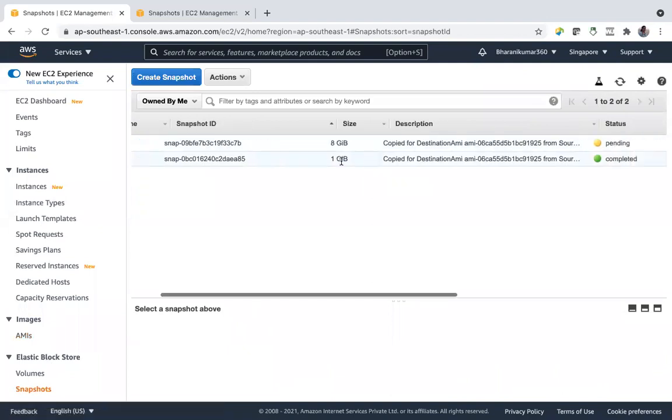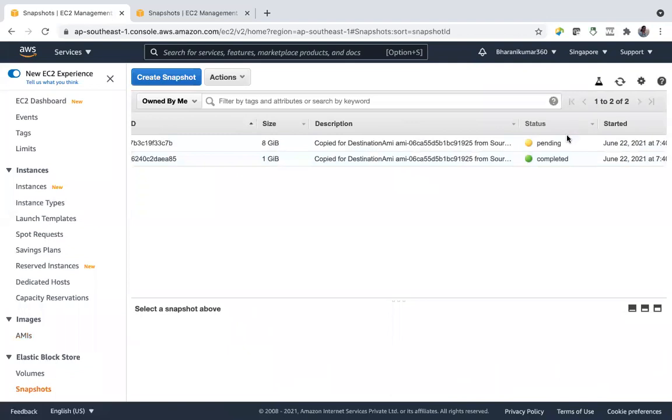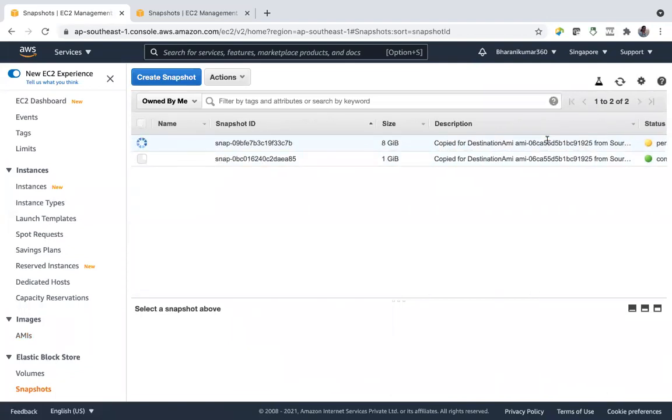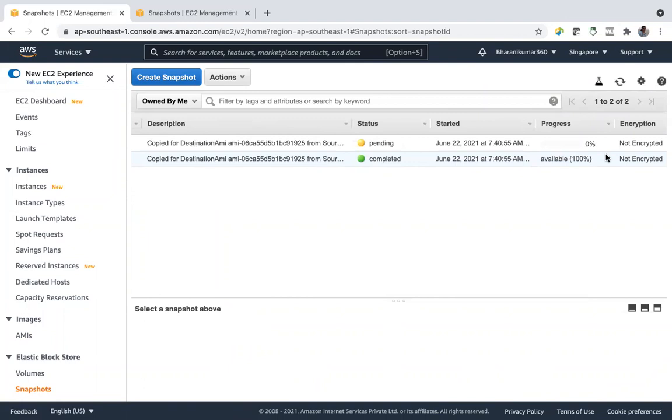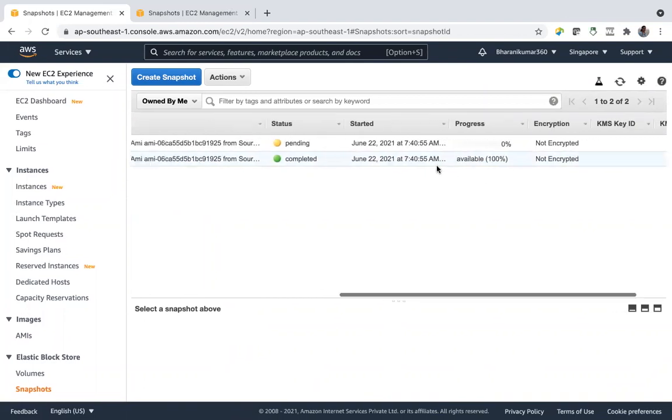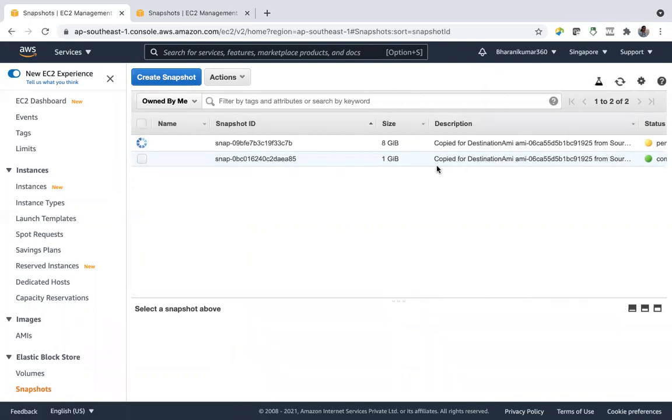Let's go to snapshots and check here. One has been completed. Root volume snapshot still in pending status. It's taking so much time.